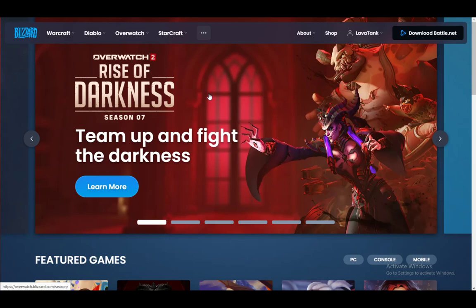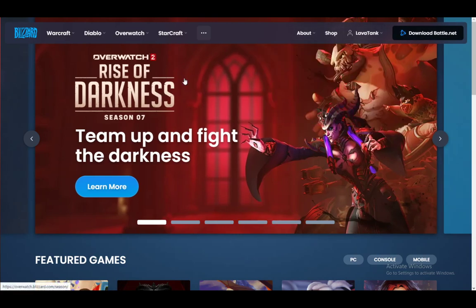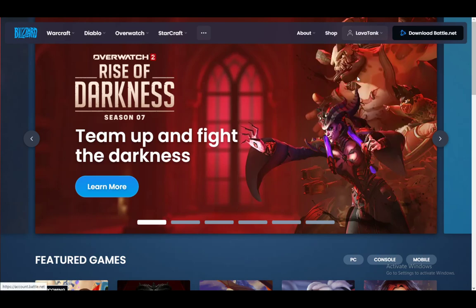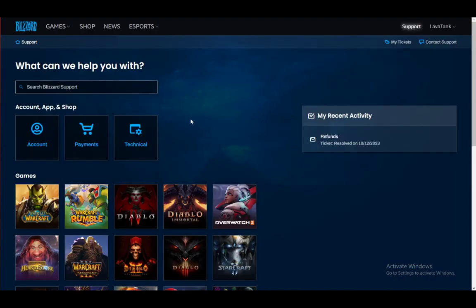On battle.net, up in the top right, you should see a support button with a question mark next to it. You just want to press that. But if you're on blizzard.com, go onto your account icon, click on account settings, and then in the top right you will have support. Click on that,